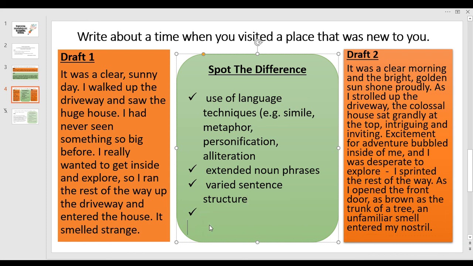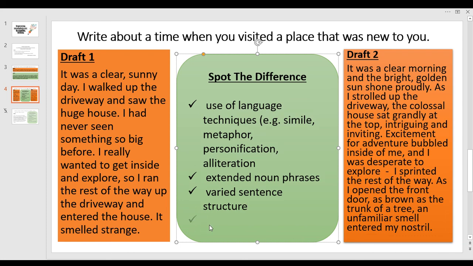So here we've got 3 to 4 really simple ways that you can improve your creative writing with skills that you will have explored during lessons and during kind of exam practice. So don't forget to apply these methods when you are redrafting work. And again, the key point to remember is to show, not tell.